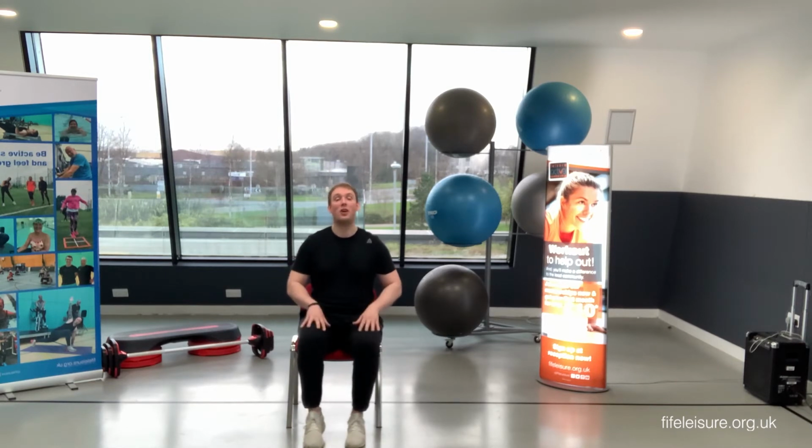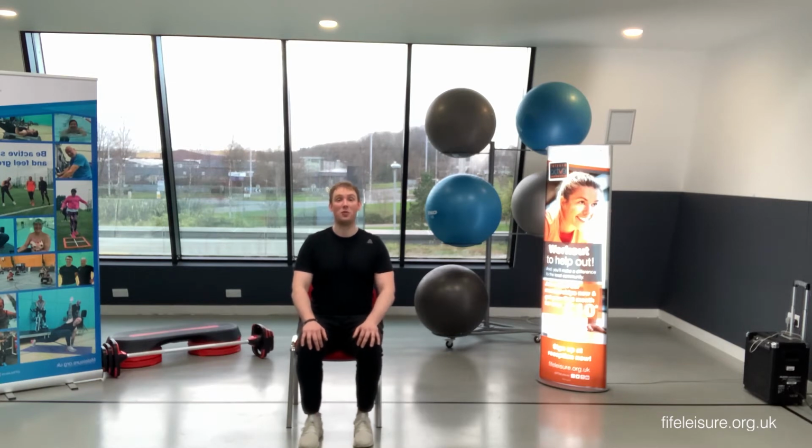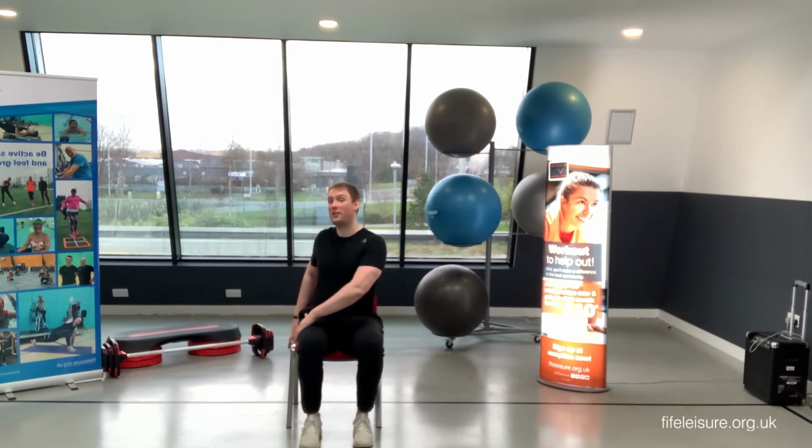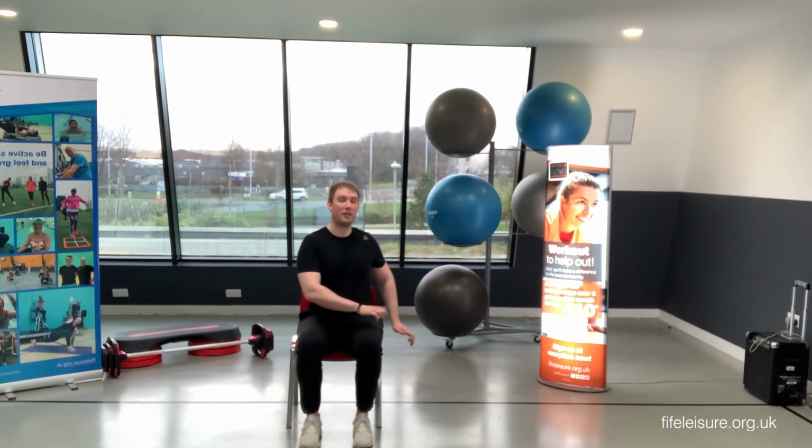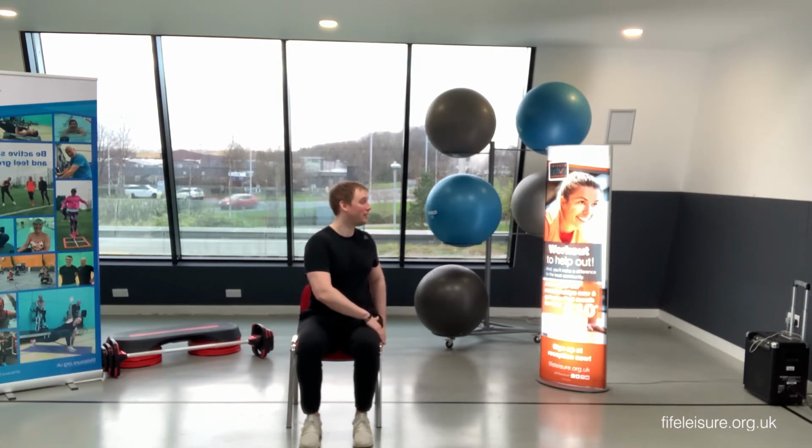And relaxing there. Okay, so your next one is a trunk twist. So what we're going to do is keep the feet planted on the floor, hands resting onto the thighs. So very slowly what we're going to do is turn to look to one side at your own pace, and you're going to reach your hands over to the side of your chair as you turn to look to the wall to your side. Then slowly facing forward again, hands back to center, and then you're going to transition your hands to the other side. And turn to look to your side,